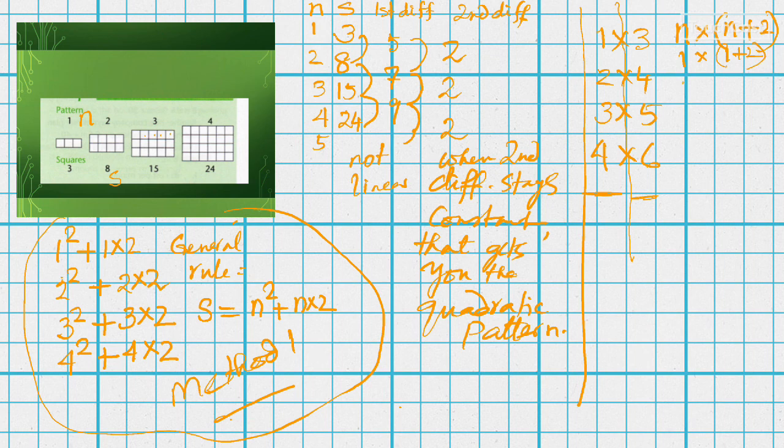This one is step number is 2, and you are timesing step number plus 2, and 3 step number plus 2, and thus you can make a guess now. If I times the pattern number by the pattern number plus 2, that will give you the equation or the rule. So the rule could be also written as